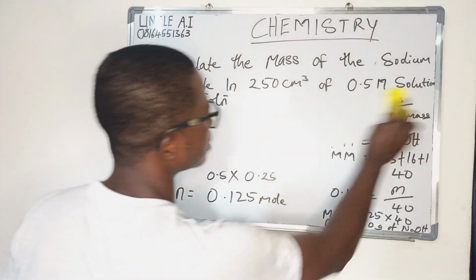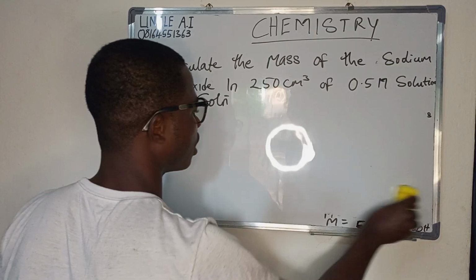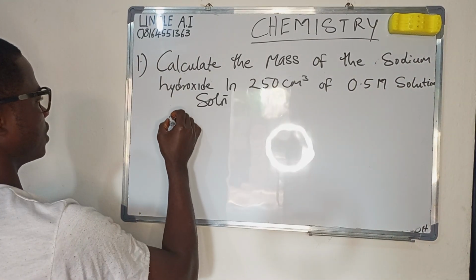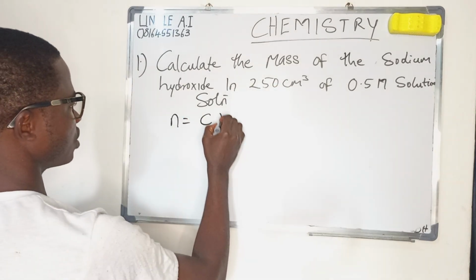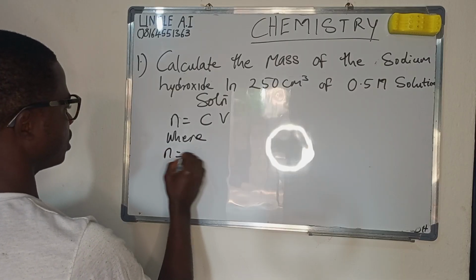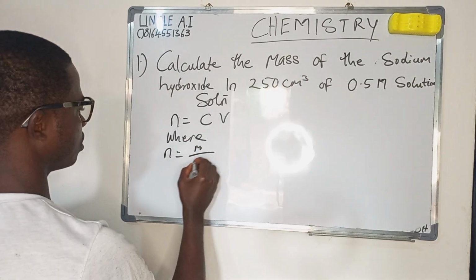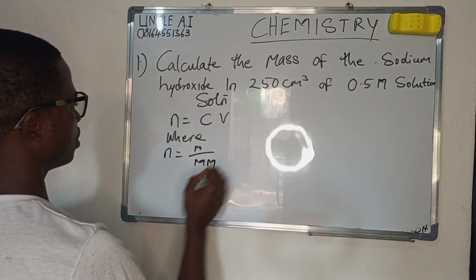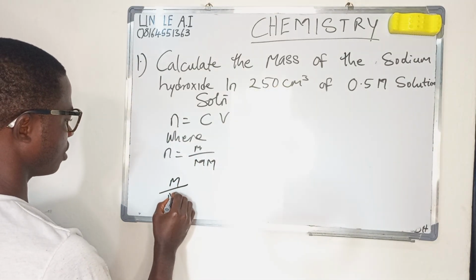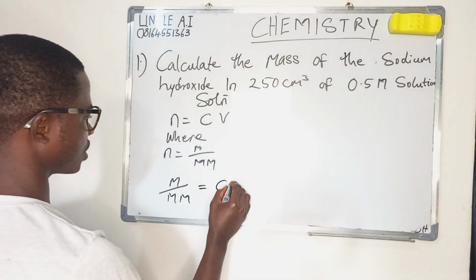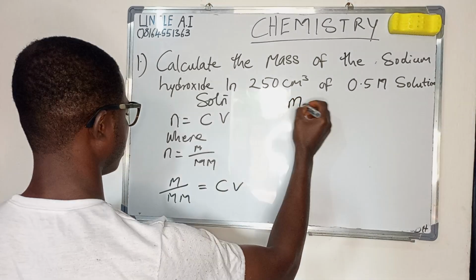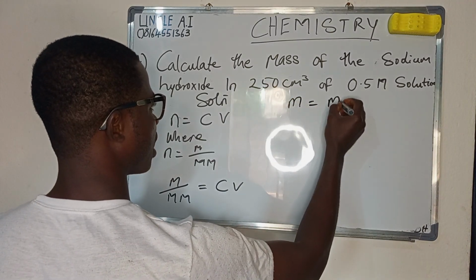You can equally say that since number of mole is equal to concentration times volume, where n is equal to mass all over molar mass, we can put it in the equation. We have that mass all over molar mass is equal to concentration times volume. So we make mass the subject of the formula. We have molar mass,